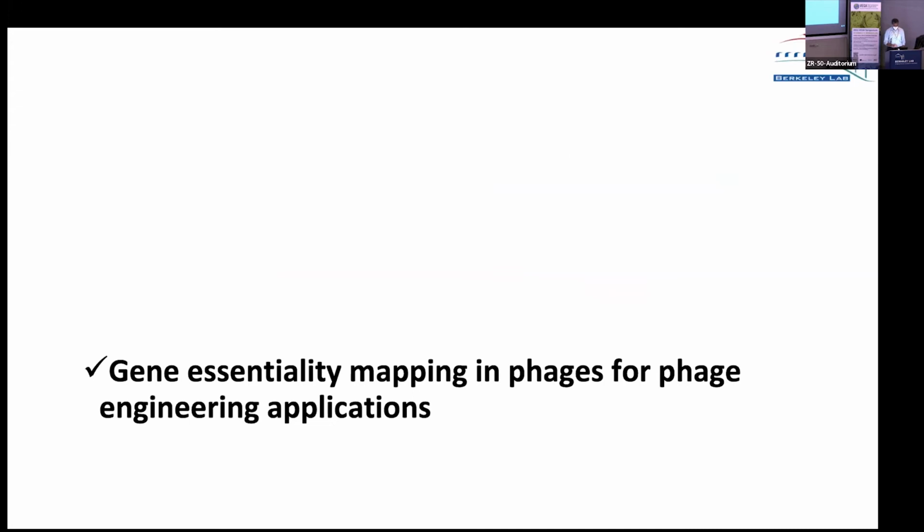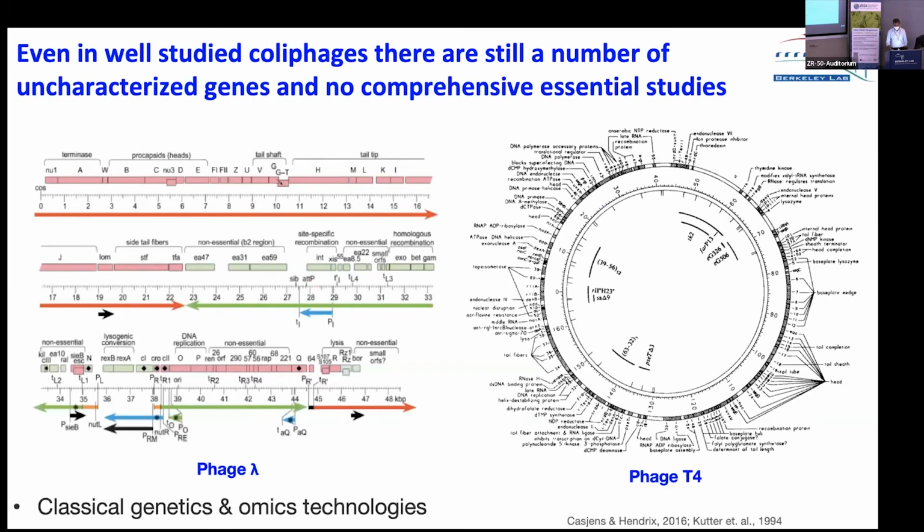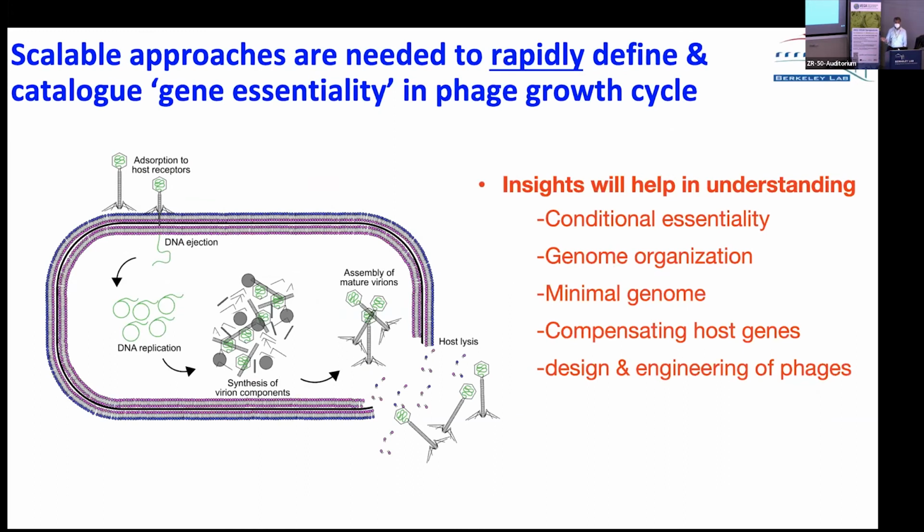The final thing I wanted to touch upon is how we map the functions of genes and infection mechanisms, and asking this question, can we use them for applications? These are the well-studied phages in E. coli, Lambda and T4. They have decades of work, hundreds of thousands of people worked on them, mapping at least some of the genes and their functions, and still we do not have a complete picture. These approaches are awesome, but thinking about the number of phages we are discovering every day,